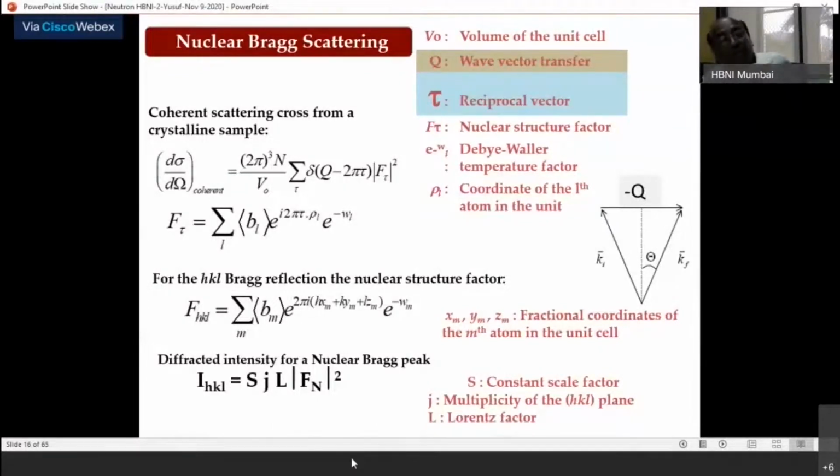So those many peaks, those many HKLs, will appear at the same 2 theta, the same scattering angle. So it became 6 with the cubic symmetry. That is called multiplicity, and that is relevant when you do powder diffraction, which means your sample is in polycrystalline form, not a single domain, single crystal. And L is known as the Lorentz factor, which depends upon the shape of the sample. Either your sample is cylindrical or the sample is flat.